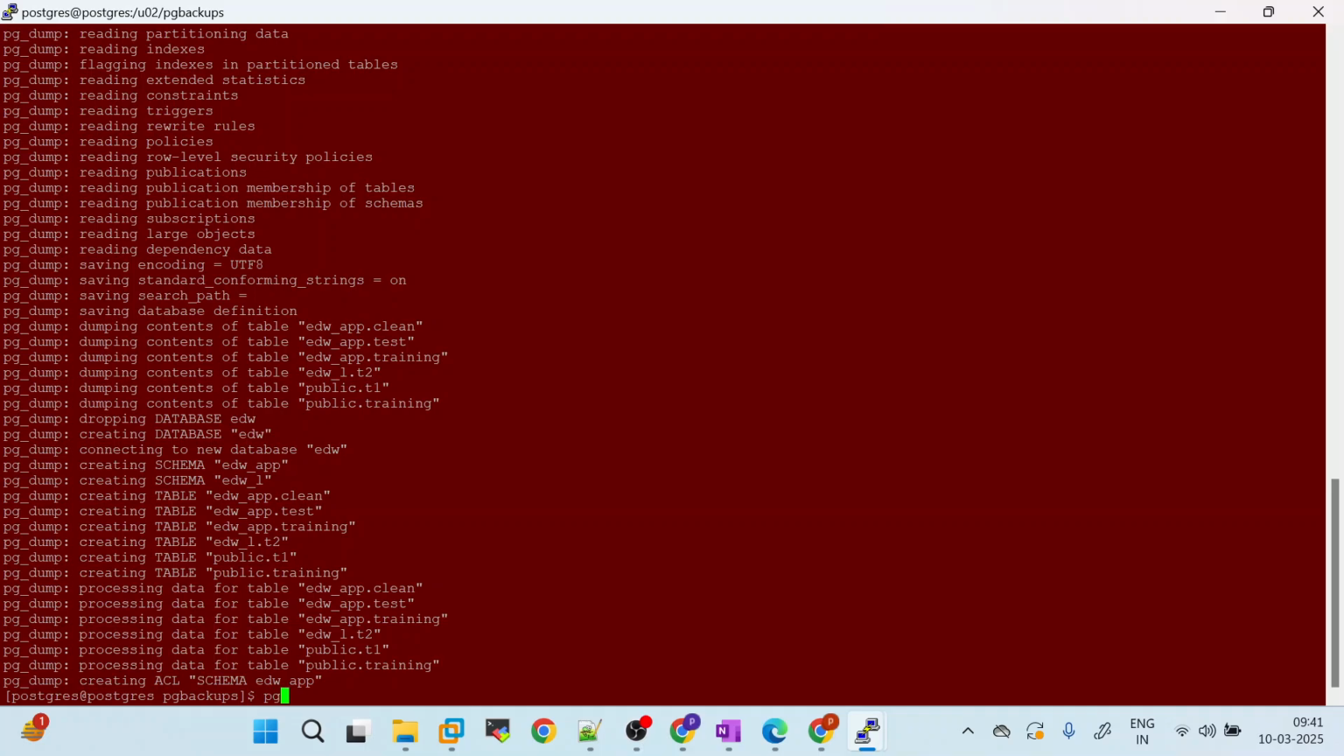How can you do it? pg_restore -U postgres -h 127.0.0.1. Do you know why we are passing 127.0.0.1? Because we are sitting on the same server on which your target database is running. So -p 5432 -d SAP database, and I am using -c to clean up the table. -n edw, sorry, -n edw